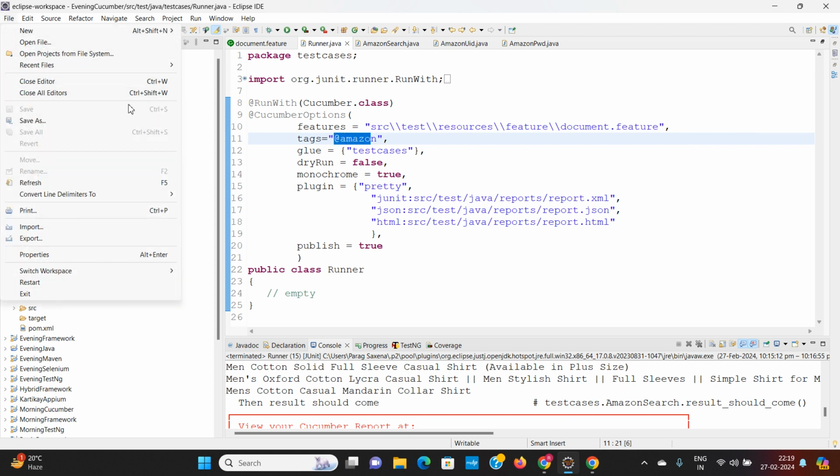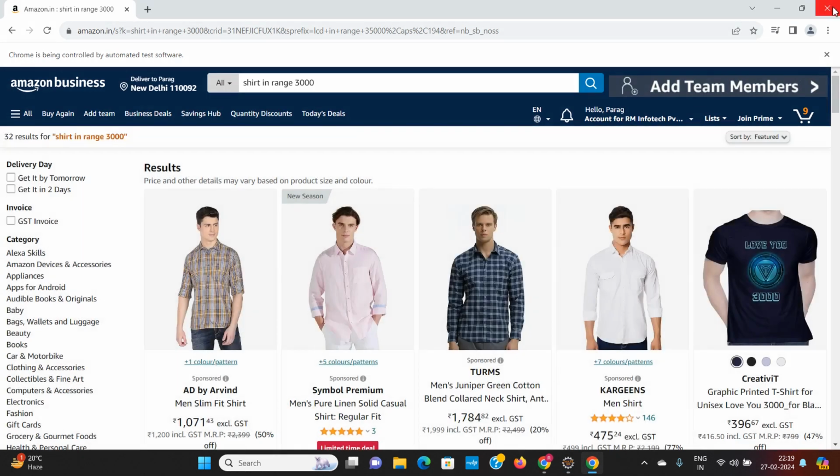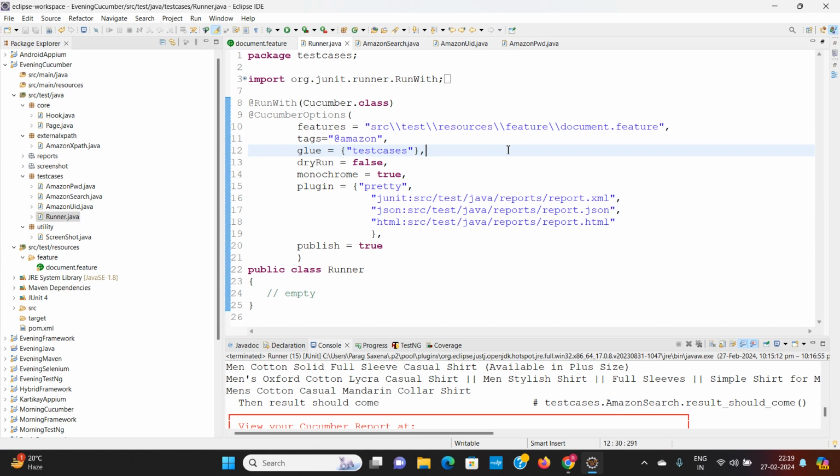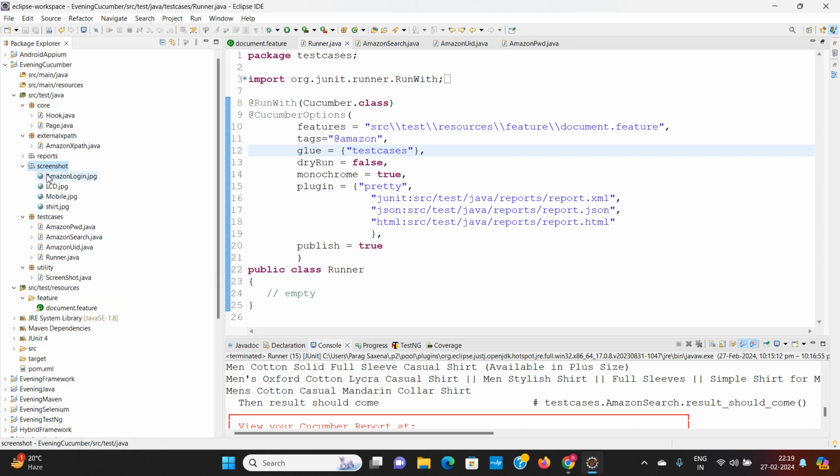So again, if I write a screenshot, you can check, it is creating the screenshot: lcd.jpg, mobile.jpg, shell.jpg, Amazon login.jpg, all the screenshots it is taking.